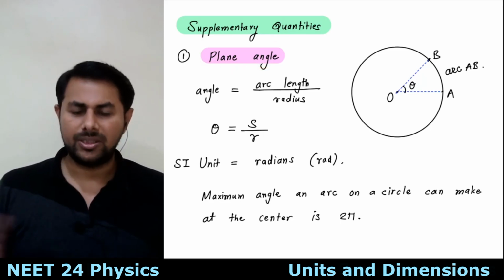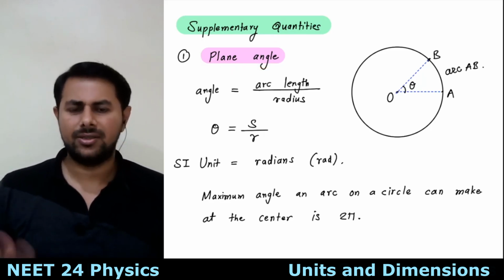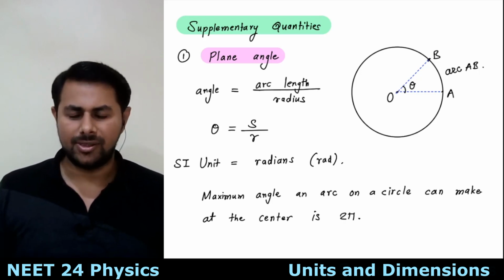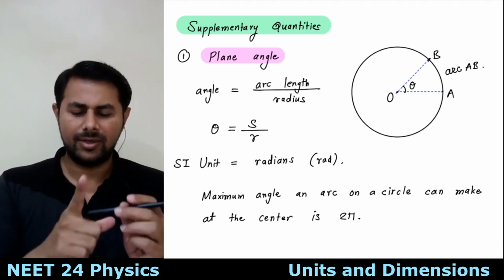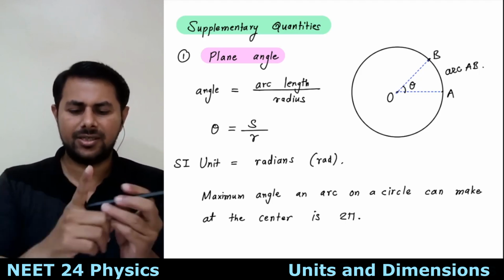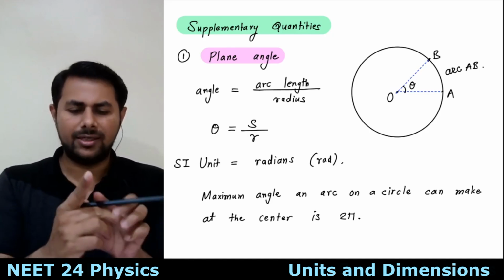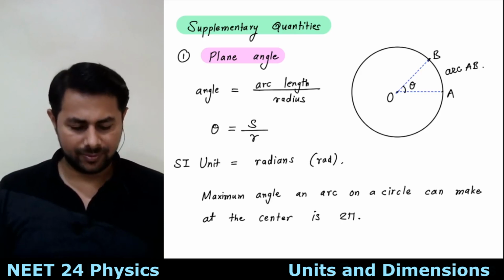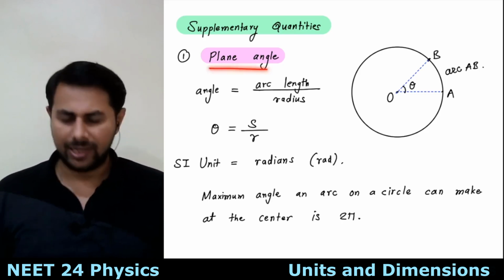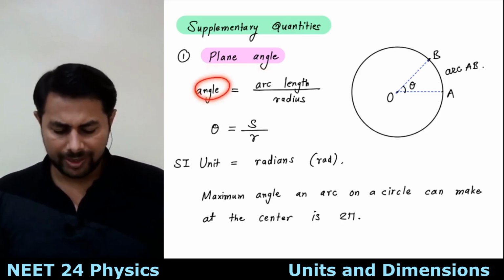Okay, so what is plane angle? Plane angle is the angle that we know about from our childhood, right? It's 2 lines like this, 2 lines intersecting at a point, or 2 lines starting at a point. This structure is known as plane angle, right? So that's plane angle. So how do we measure that?